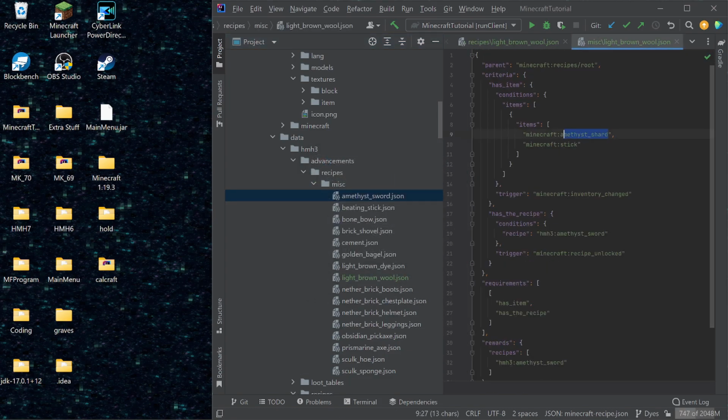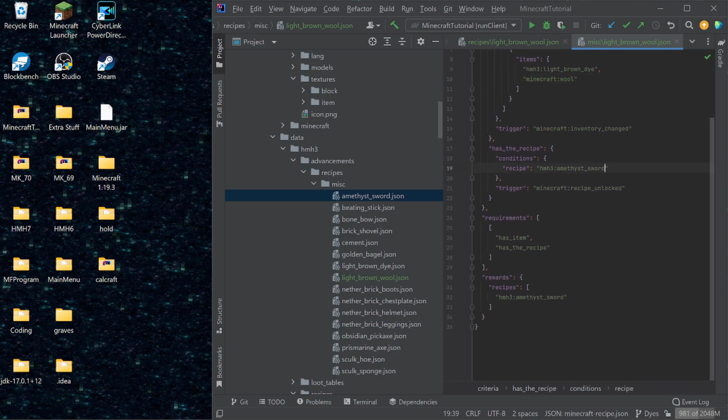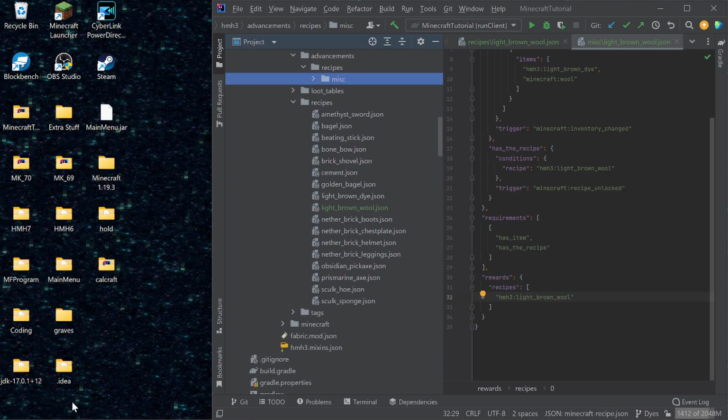And then if I have either, let's say, HMH3 light brown dye or Minecraft wool, then I will unlock the recipe HMH3 light brown wool, and we'll have it again down here, light brown wool. And then the other one that we're going to make,